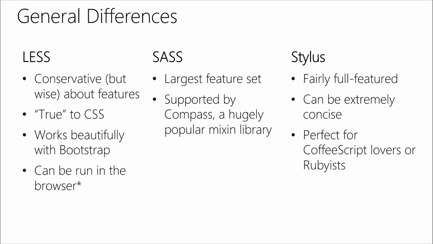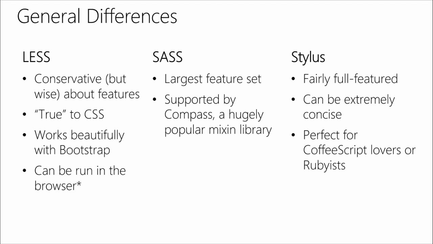Sorry. There are also a lot of general differences between the three big preprocessors. So let's start with who has the largest community. Sass by far has the largest community. Yeah, and that's due in part to a couple of different things. Less has a community that's quite large as well. Sass and Less are always neck and neck, and then Stylus is smaller, but their following is very loyal,